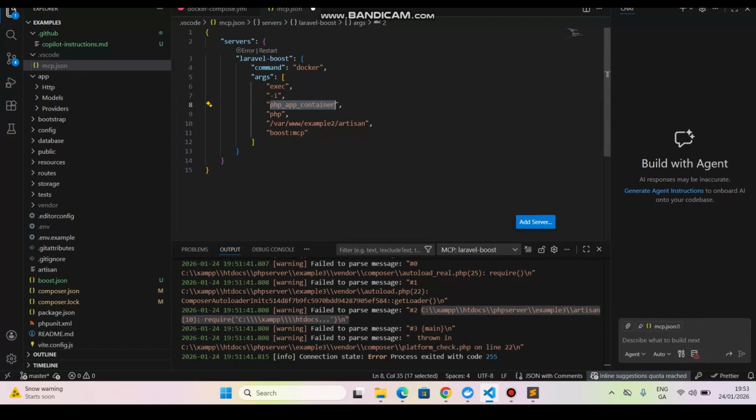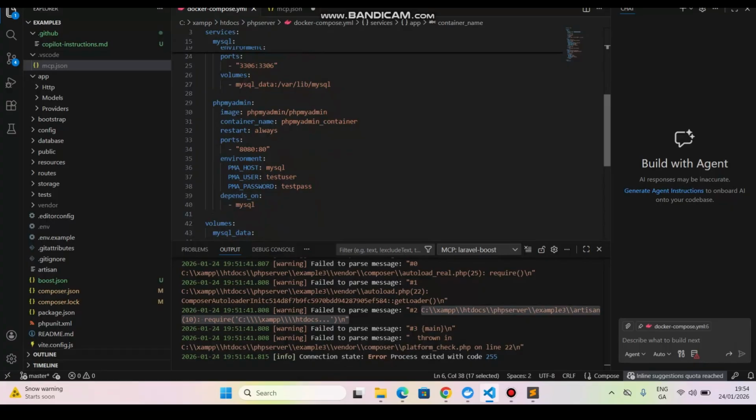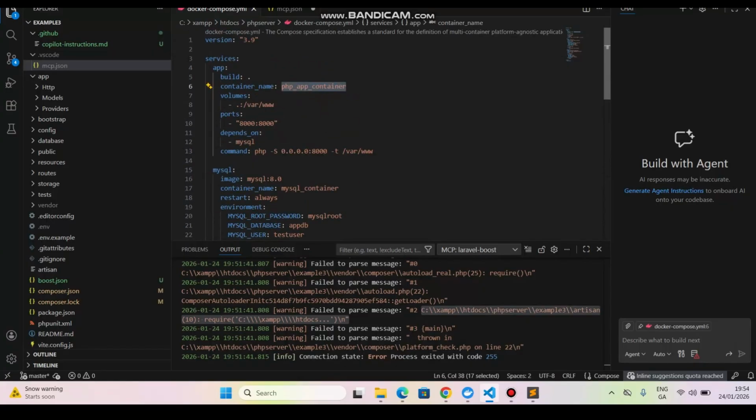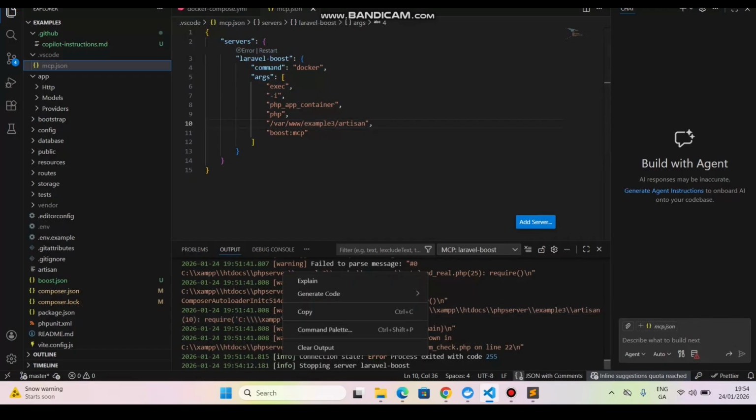Then there is example 3. So I'm using example 3 and my folder location is this. I will open the Dockerfile and show you. If you see this Dockerfile that I'm using, this is the path and this is my container name. Yes, then if I go to this mcp.json and save this,